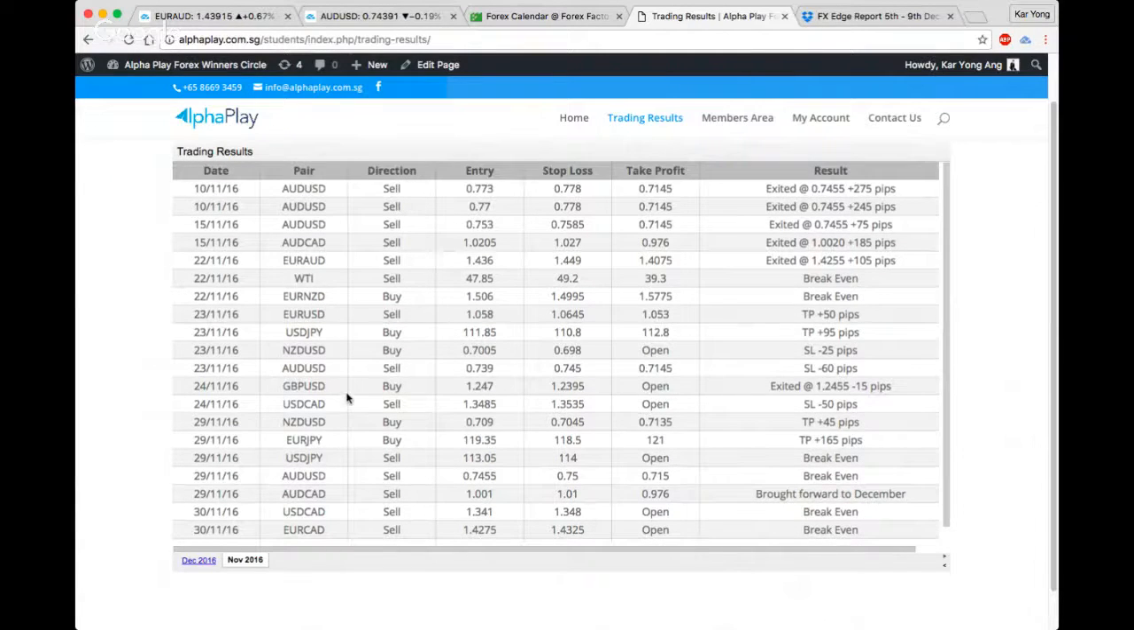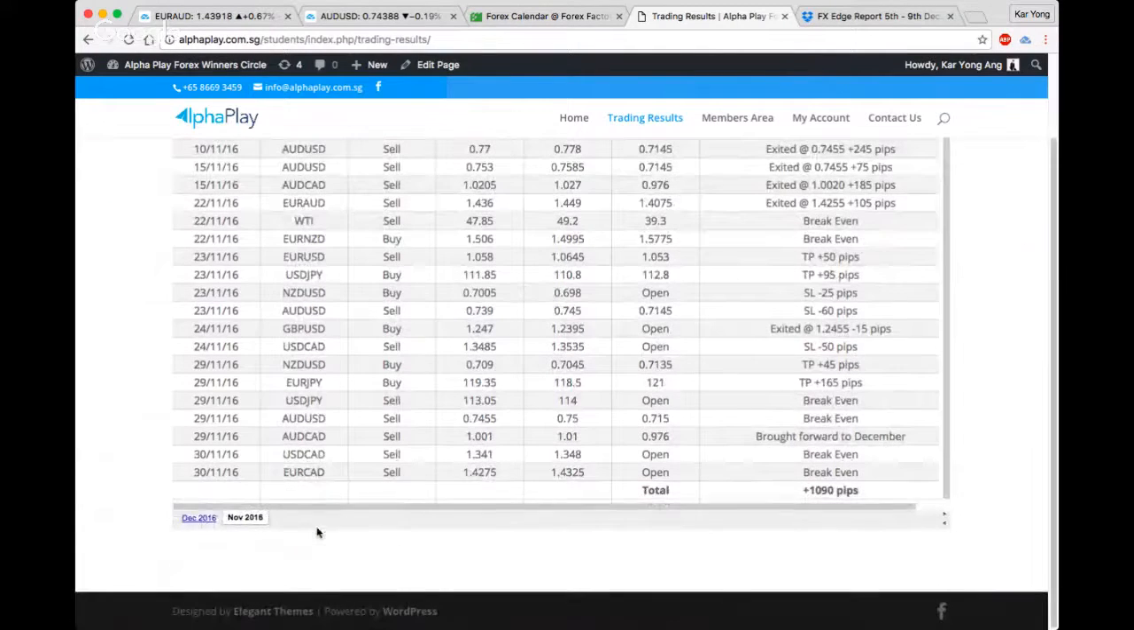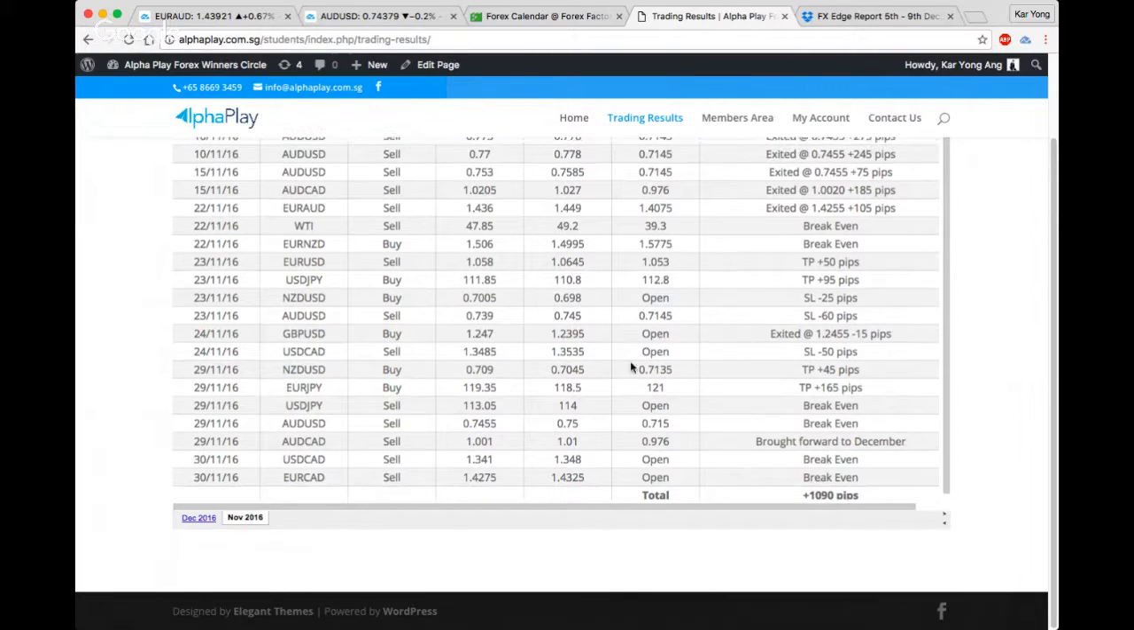Not a lot, about 20 trades. So about 3 weeks, we took about 20 trades. That averages about maybe 1.5 trades per day. Right, not a lot, and you can see there are quite a significant number of them